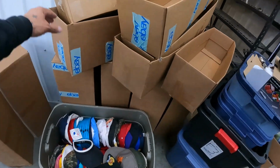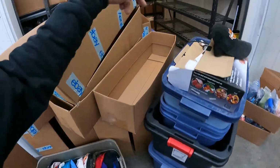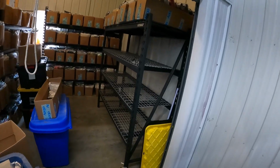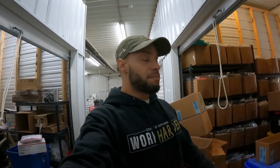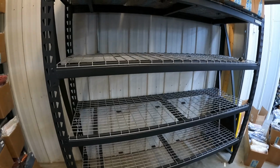But all of these boxes, we got 1, 2, 3, 4, 5, 6, 7, 8, 9, 10, 11, 12 boxes of empty boxes that I pulled from consolidating the shelf. That gives me room to put these 8 boxes on that shelf now, because a lot of the boxes were partially full from pulling orders and not taking the boxes down. That's why I consolidate. So now I got enough space probably to hold me for another 2 weeks